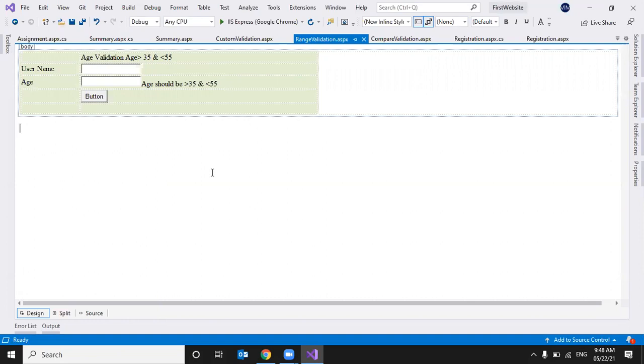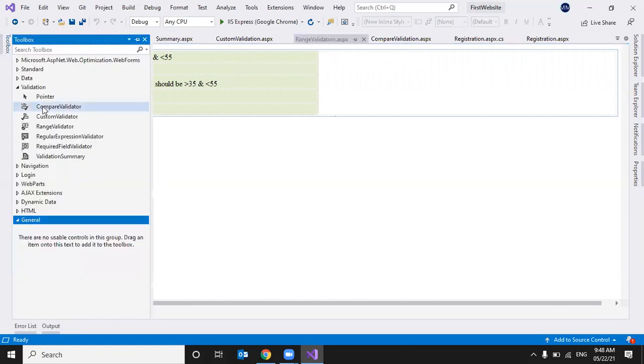So we have covered so far 4 validation controls, and if these 4 validation controls do not meet any of our validation criteria, then we can go for custom validator. Here, we ourselves can write code to check the data format, whether user entered data or not.